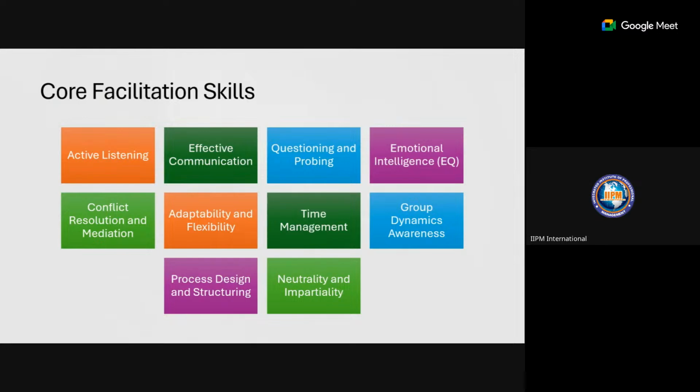Effective communication, first of all, starts with identifying the training needs, creating the objectives, developing instructional materials that will address the objectives, and then delivering the training with such methodologies that will make sure that the objectives are achieved. And by so doing, we'll say communication in terms of facilitation is effective. Then we have questioning and probing. If you're going to be having strategy sessions, brainstorming sessions, then you must make provision for questioning and probing.